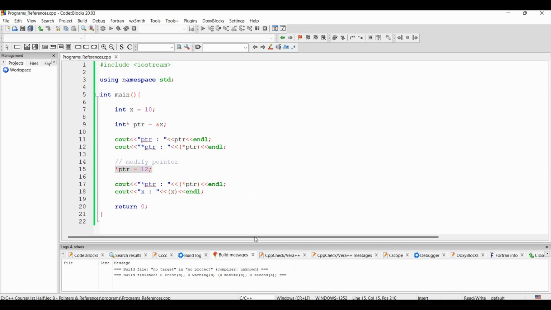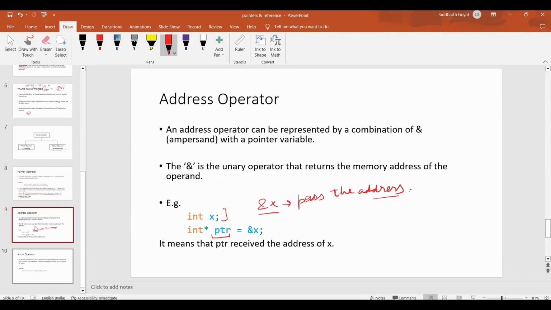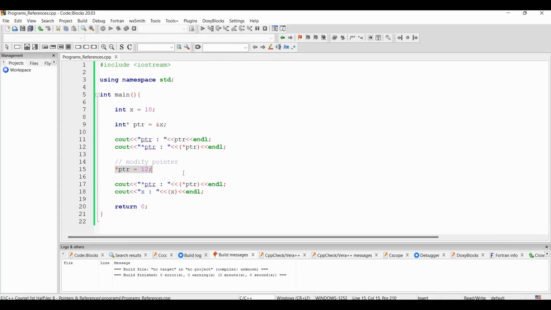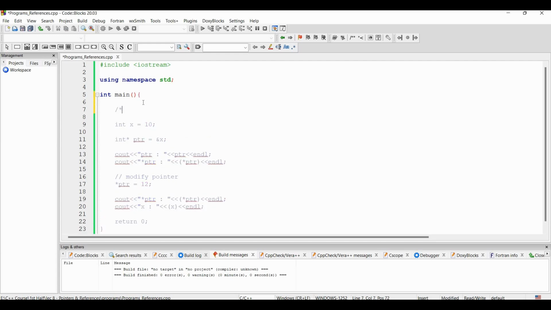I hope you understood, right? Now I think this concept is understood. This is an important concept. Pointers are easy but important. Now let's see call by value and call by reference. Let's comment this out and